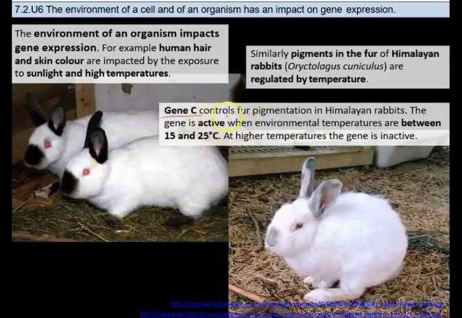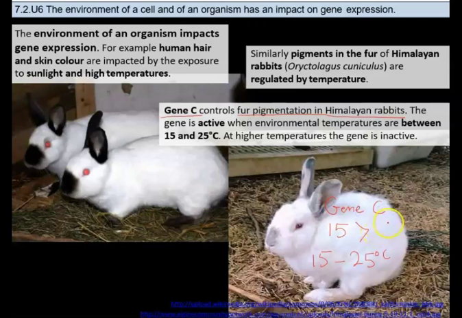This gene controls the fur pigmentation in Himalayan rabbits, and both of them are Himalayan rabbits. When the temperature is higher than 15, between like 15 to 25 degrees centigrade, gene C,